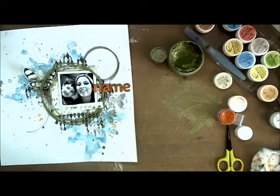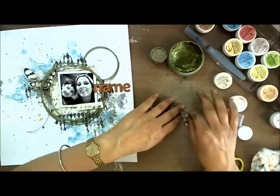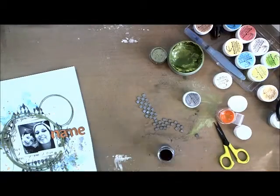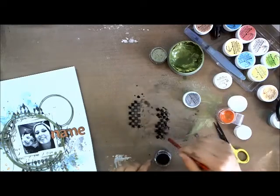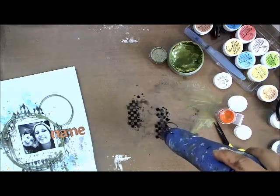I've left that circle up the top there. One of the prompts was about adding journaling in a frame, and so I've used circle frames as part of the challenge. And so I've left that there for my journaling, and I'm now going to add in the 2Crafty checkerboard plate chipboard pieces. Checkerboard pattern was also one of the prompts in the challenge, and I really love this